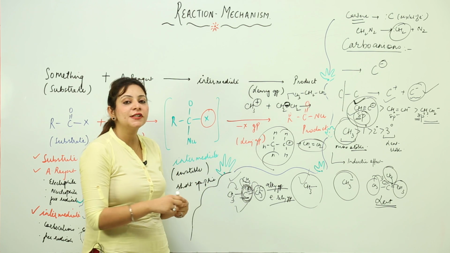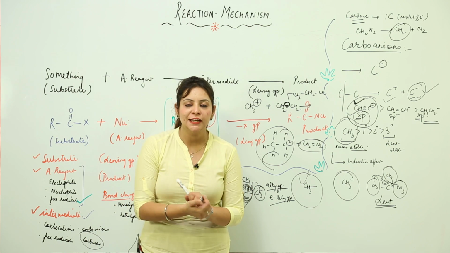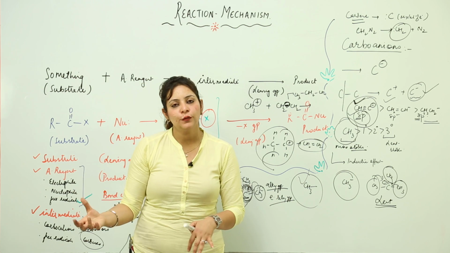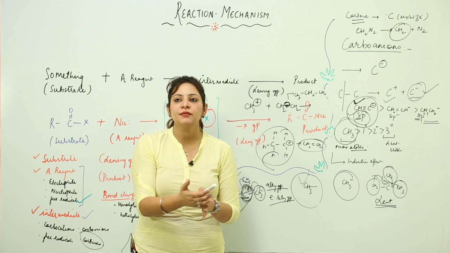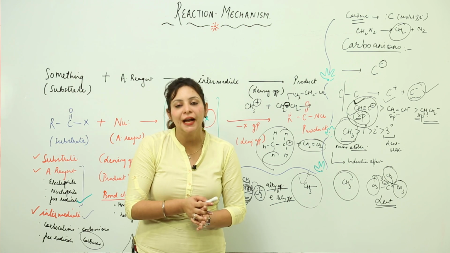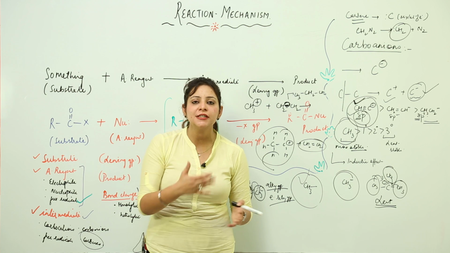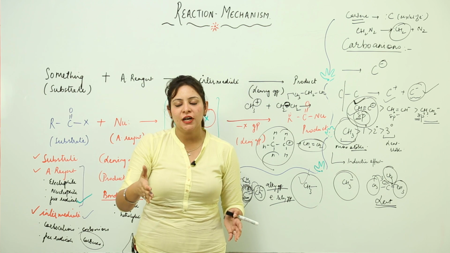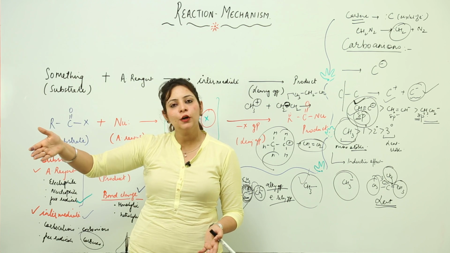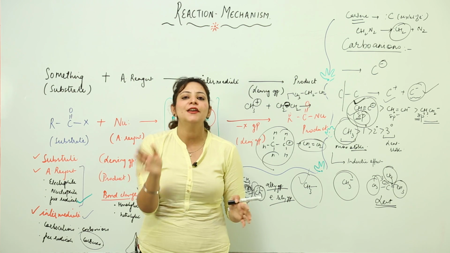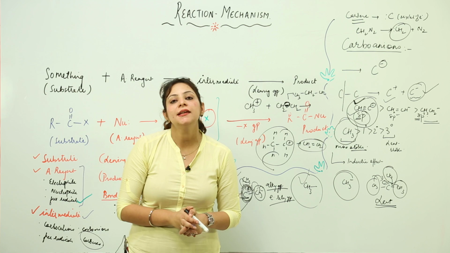Moreover, we can observe rearrangement occurring in the carbocations also. That means a 3 degree can transform into a 2 degree, or into a 1 degree. Sometimes the alkyl group moves, sometimes the hydrogen moves. So it is called an alkyl shift or a hydrogen shift, just the movement of the positive charge. Suppose it is present on the corner carbon, it can move onto the middle one, it can move along the entire chain. That is something called rearrangement.